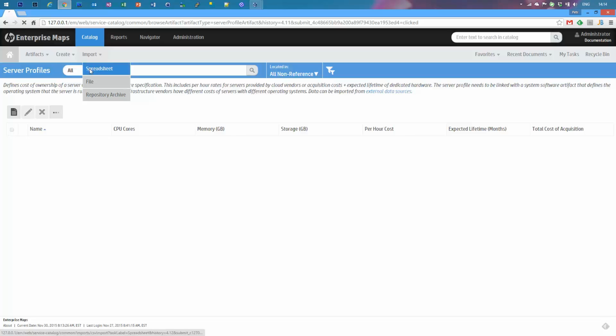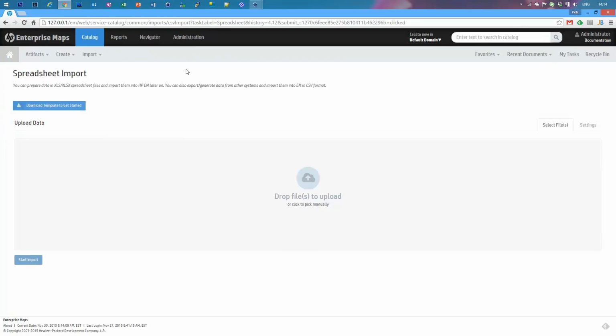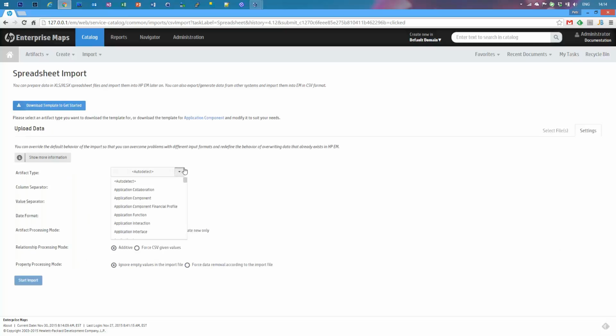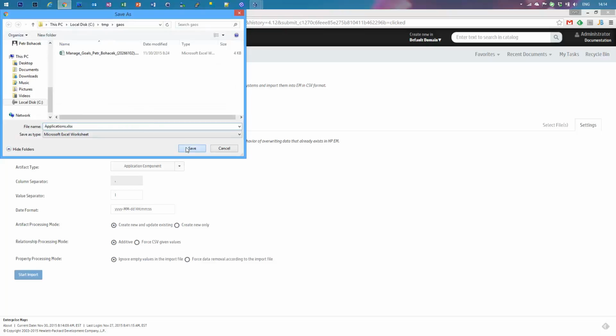Either you can import the spreadsheet file. So if we go there, you can drag and drop the file here, or you can select it from the file system. You can download the template depending on available templates here, depending on the artifact type which you want to upload. So if I select application component, I can download the template,